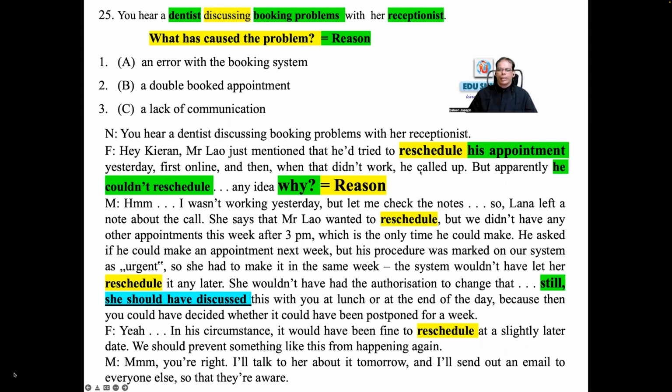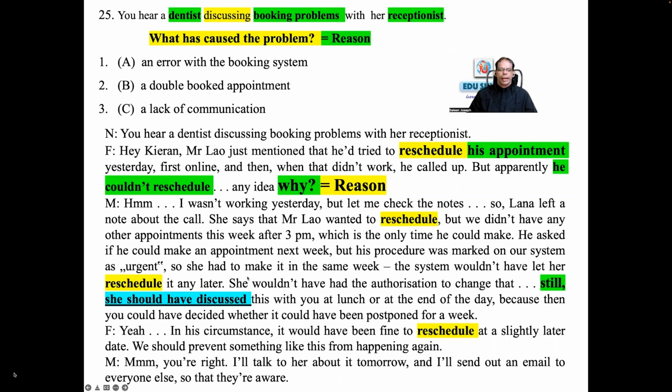repeated again and again. You see here, reschedule, couldn't reschedule, again reschedule. That's what I said, the key word will be repeated again and again. Reschedule his appointment. It was not done. Couldn't be rescheduled. Why? Reason has to be said. So